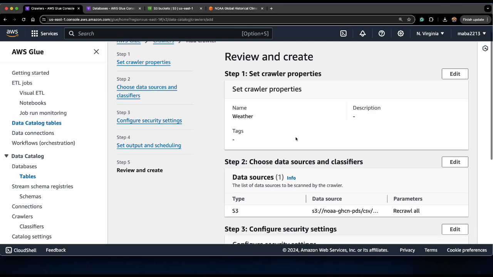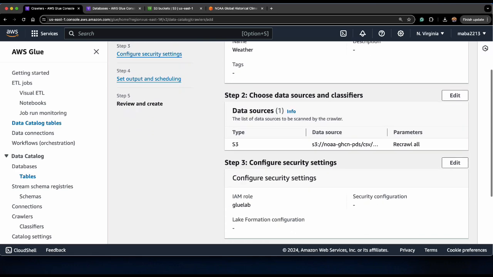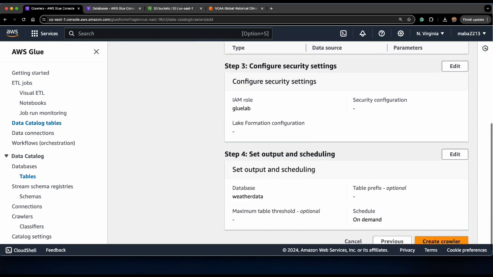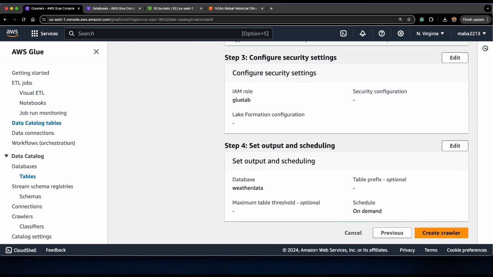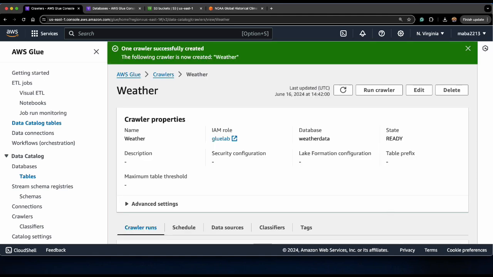Confirm that your crawler configuration is similar to what you're seeing on the screen. Choose Create Crawler after confirming. To perform the extract and load steps of the ETL process, you will now run the crawler. You can create AWS Glue crawlers to either run on demand or set a schedule. Because you created your crawler to run on demand, you must run the crawler to build the database and